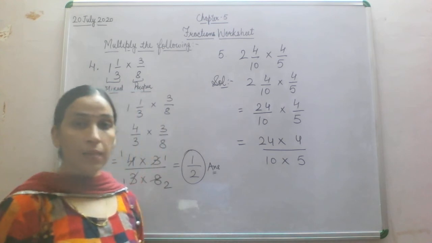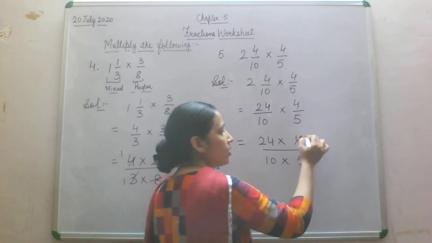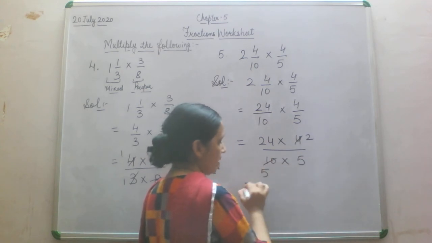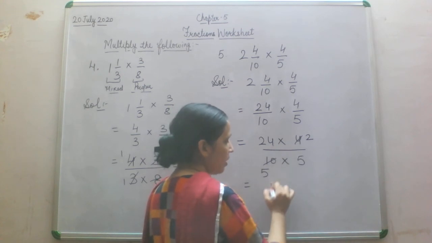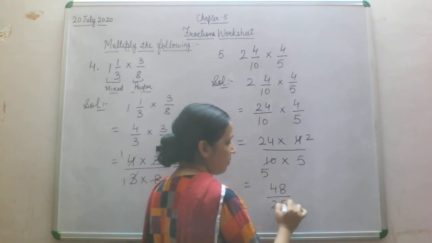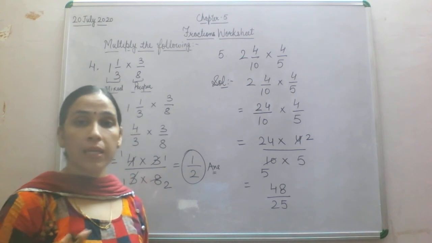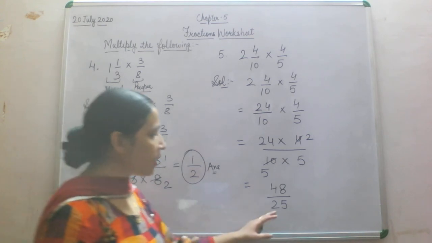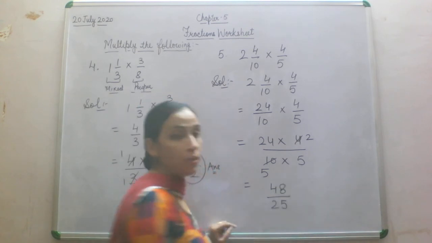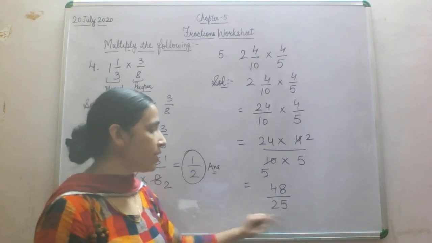Now what is the next step? If we find any common factor, here you can see that 2 twos are 4 and 2 fives are 10. So what will we get? 24 twos are 48 by 5 fives are 25. Now these two numbers, 48 by 25, do not come in a common table. So now what do we have to do? But you can see here the numerator is greater than the denominator. You can see the numerator 48 is there and the denominator is 25.